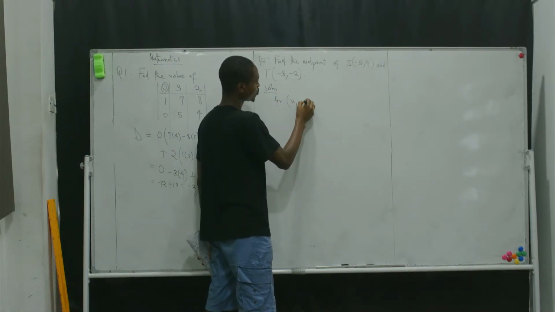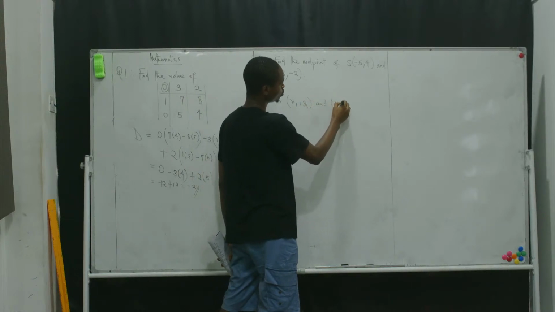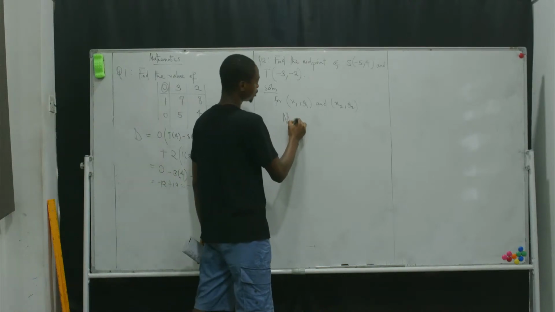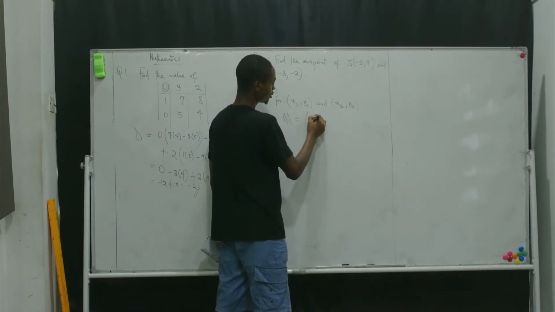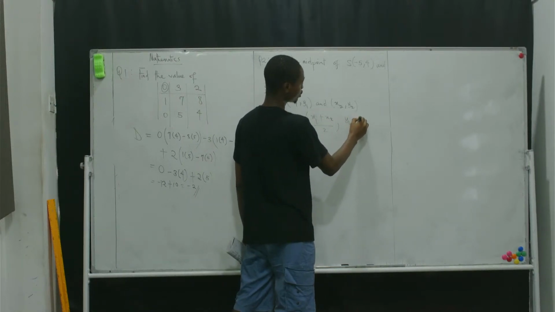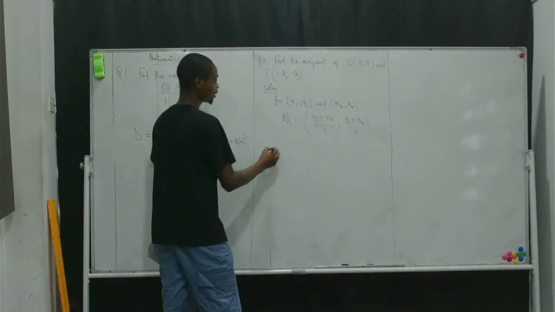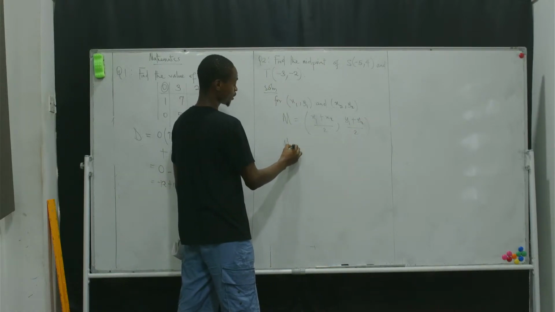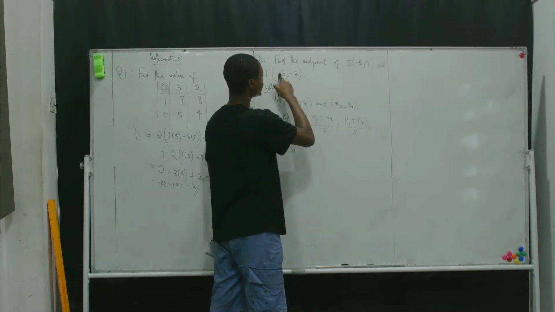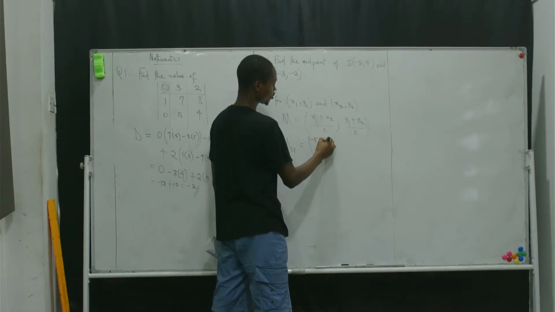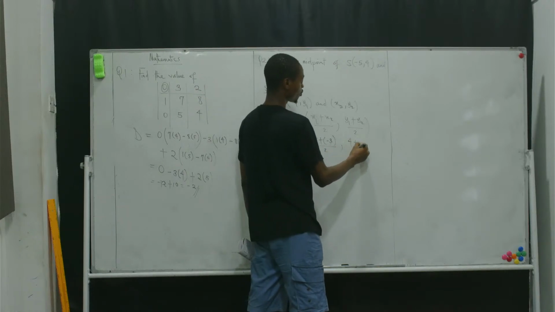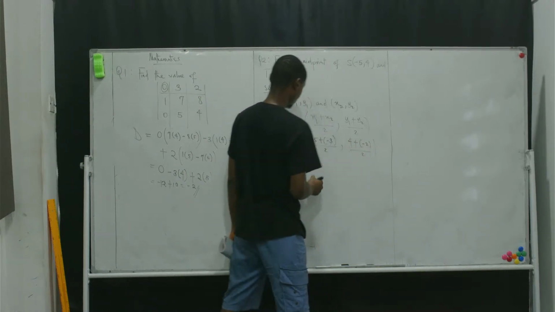if you have x1, y1, and then x2, y2 as 2 point coordinates, then the midpoint is simply going to be the point at x1 plus x2 over 2, and then y1 plus y2 over 2. So essentially, in this case, the midpoint of S and T is going to simply be minus 5 minus 3. Those are x1 and x2. So that will be minus 5 plus minus 3 divided by 2. And then you have 4 plus minus 2 divided by 2. So the midpoint